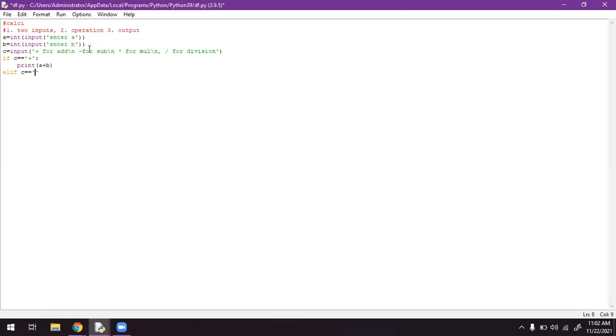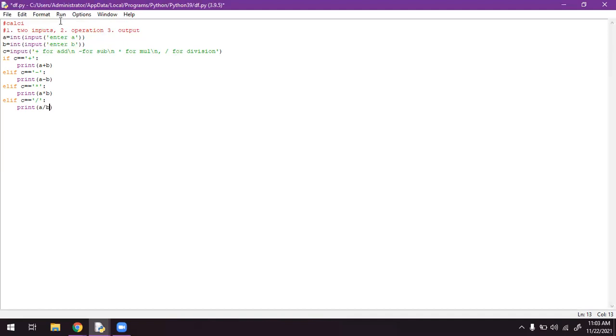Else if it is minus, we have to print A minus B. Elif C equals to multiplication, print A into B. Elif C equals to, in double quotation, division, then print A divided by B.